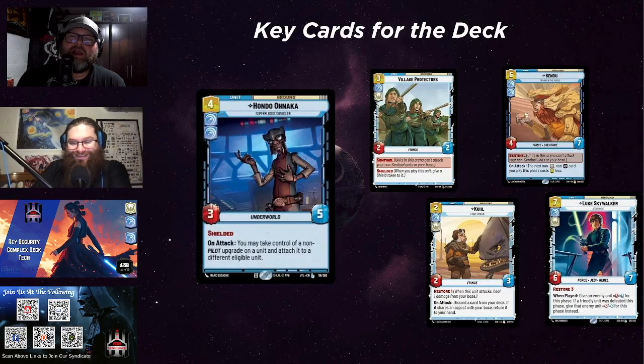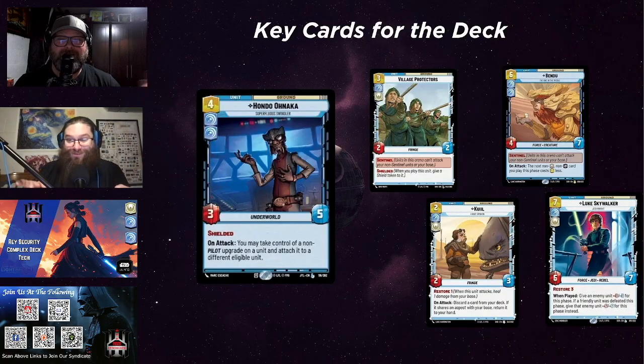Yeah. And then you have Luke. We know why Luke's popular. Don't need to go into that. But Bendu, that's legendary in set 1. But yes, I have Bendu in there instead of Obi-Wan. And Bendu actually works with Hondo, right? Like, technically speaking. So I chose Bendu over Obi-Wan because it's cool to get the experience and draw, but